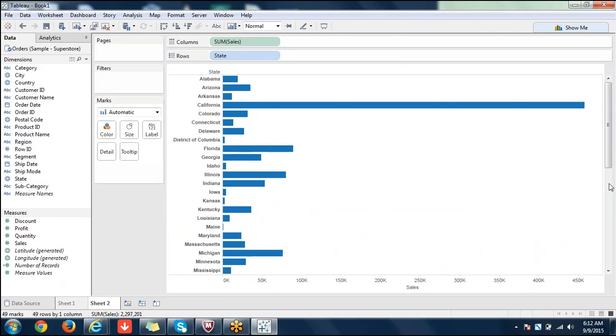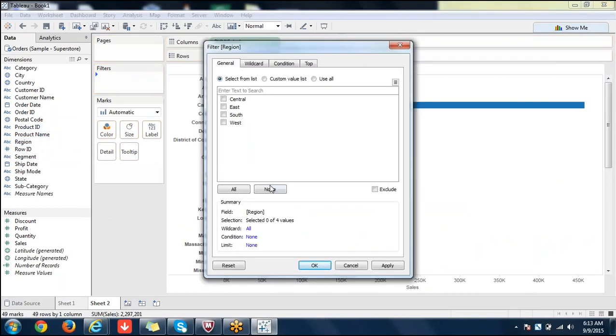We have too many values here, that's fine. So state is here, and I'm not adding region to shelves, so I'm adding region directly to filters here, like this. I'm selecting use all, that means all values.